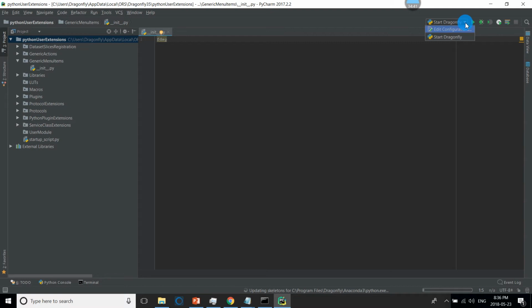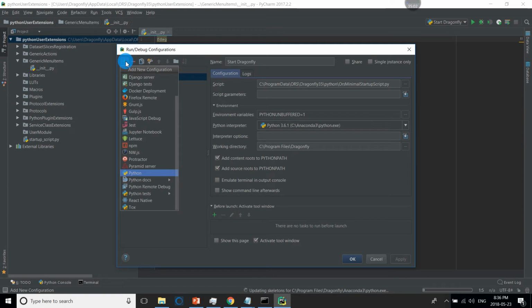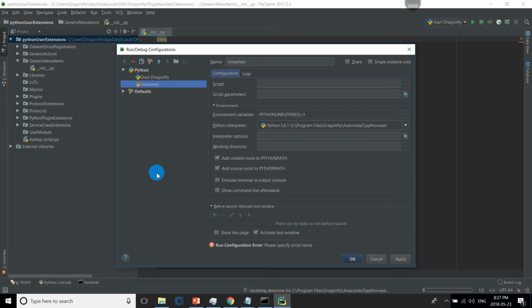Okay. So then you can press OK. And so to start Dragonfly, you have to add a new start file. Here I've already set it up on this machine, but for you, you click on this little drop down and then edit configurations.